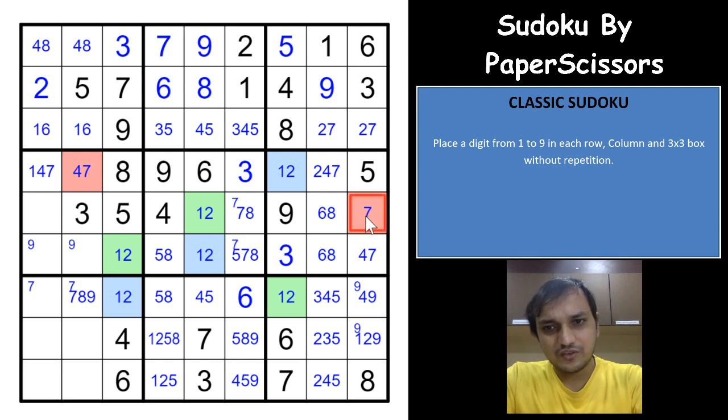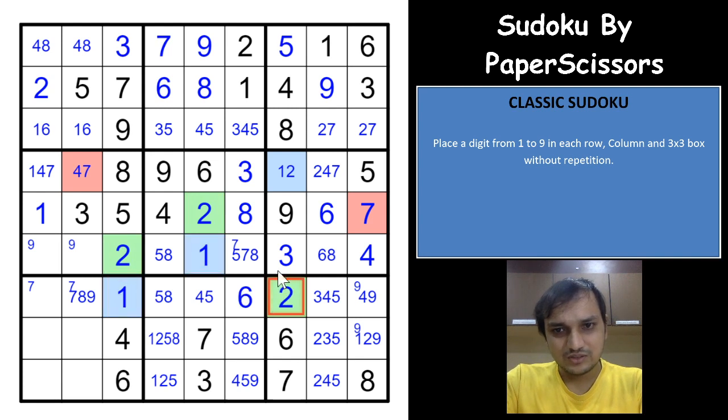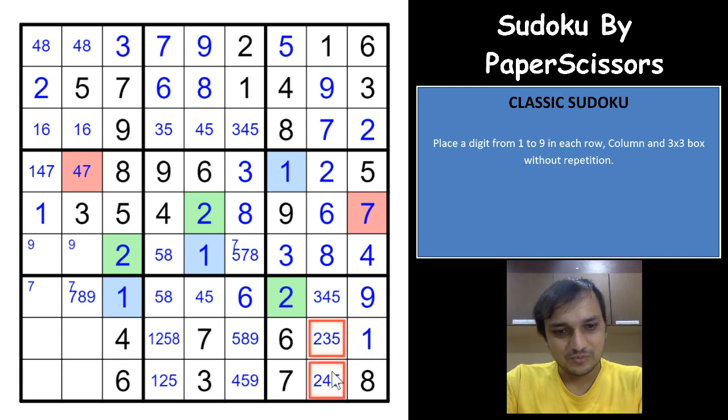So this becomes a 7 now, a 4, an 8, a 6, a 1 and 2 here, right? So this is 1, this is 2, this is 2, this is 1, this is 1, this is 2, this is 1. This is a 4 and 7 pair, so this becomes 2, this becomes 8 here, 7 and 2, 9 and 1. Wow, that is awesome.